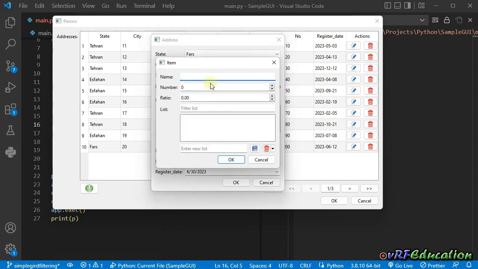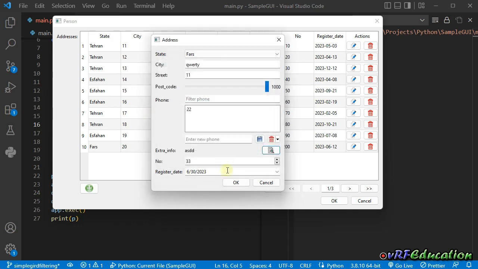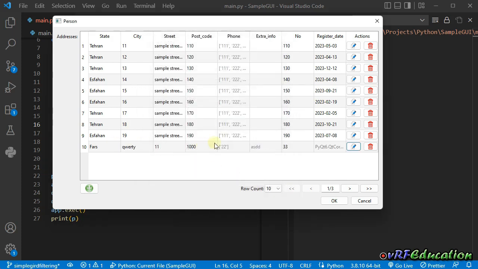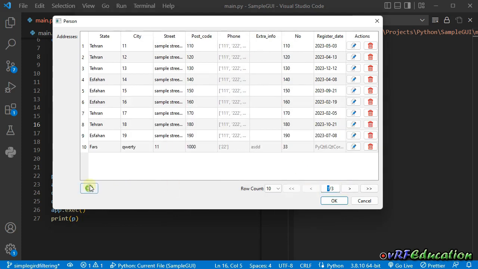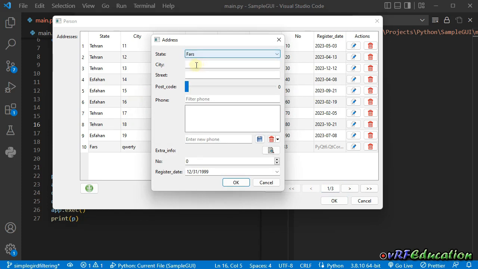And let's also add some item inner object, ASDD 1122, and I don't need to have any things in the list option. Okay, if I press OK, this item is updated respectively. So if I go to the last page, no, let's add a new item also. I'm going to add another item, A1 2 3, and change it to